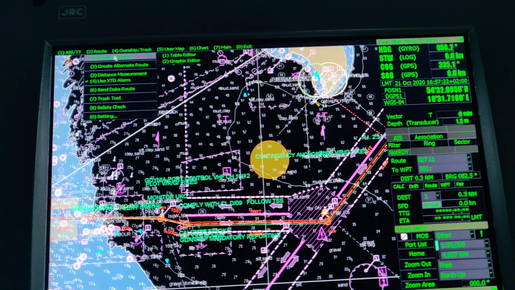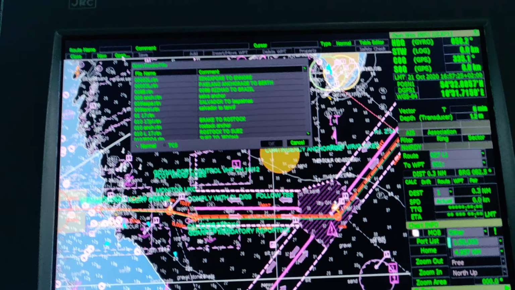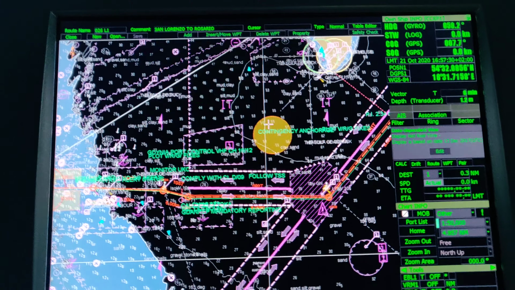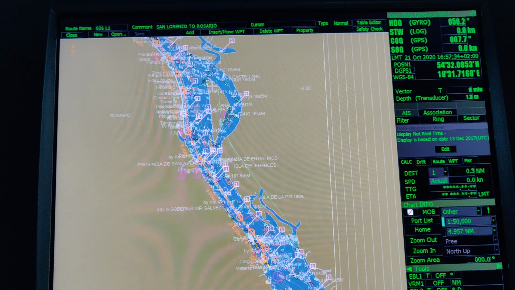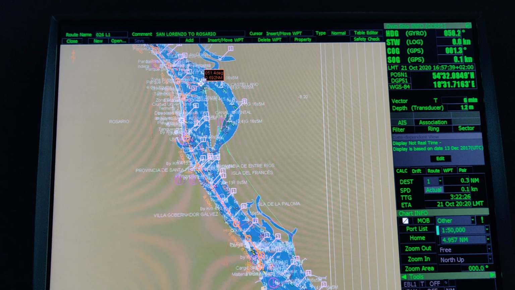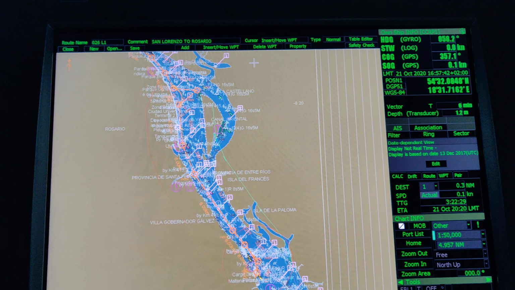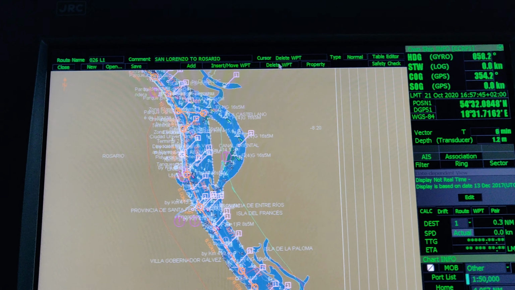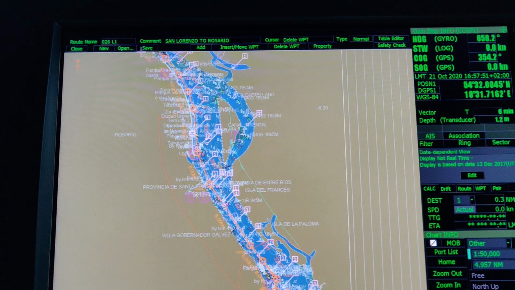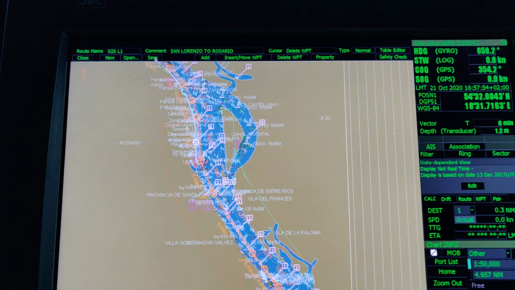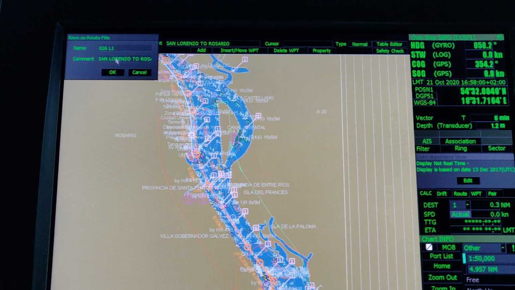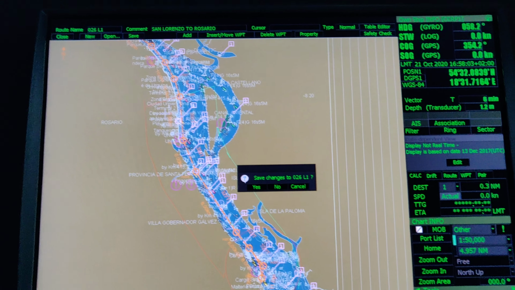For example, I'm going on the route planning, graphic editor, open, and then suppose route 026 L1. So this is the route. It is a very simple operation. If you want to insert a waypoint, press insert, click on the route, a waypoint will be inserted and you can edit it like this. If you want to delete the waypoint, again press delete over here and then click on the waypoint. The waypoint gets deleted. And then if you want to save, press the save button. Or if you want to save in a different file, you can go in file and save as, give the name and press OK. So presently I'm not saving, I'm closing it.